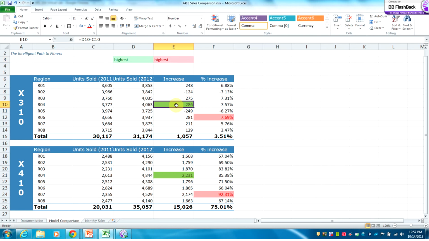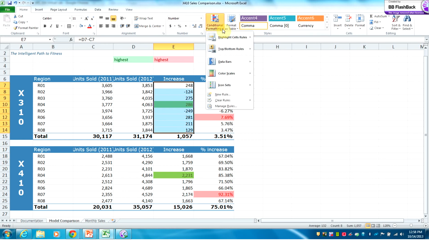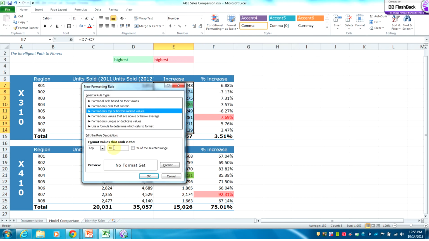Because this fill I think is not, but anyway, we should have chosen that light green instead of this one, but that's fine. You could, again, I'm going to show you real quick. You are highlighting these numbers, click on conditional formatting, top bottom rules, more rules, and it is top one, and you want to format it